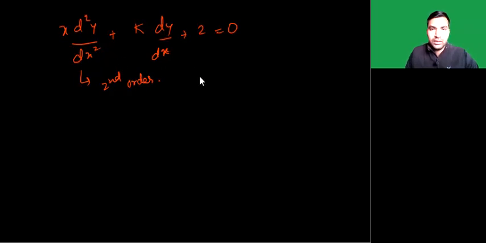Now an important thing here is, when do we say a particular equation is an ordinary differential equation? When the independent variable is the same throughout the equation. So both the derivatives, that is the first derivative and the second derivative, are with respect to x. So this is known as an ordinary differential equation. Okay, so whenever an equation has a derivative of a dependent variable with respect to an independent variable, it is known as a differential equation.